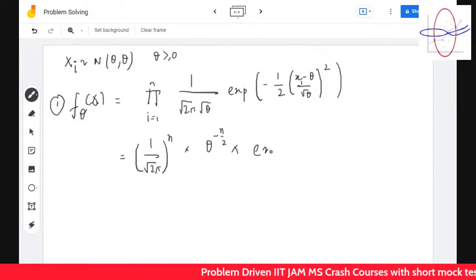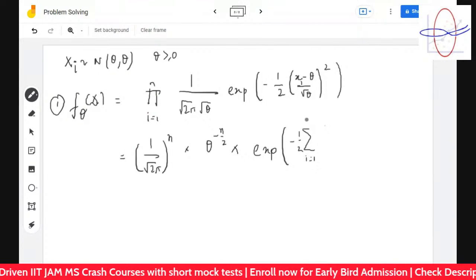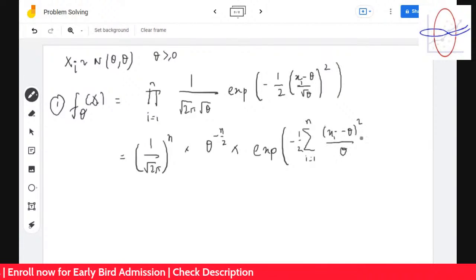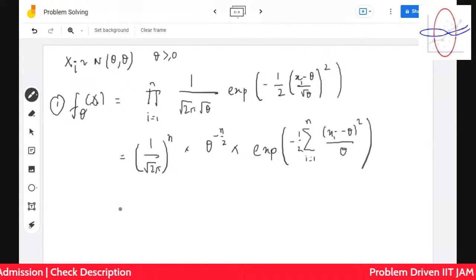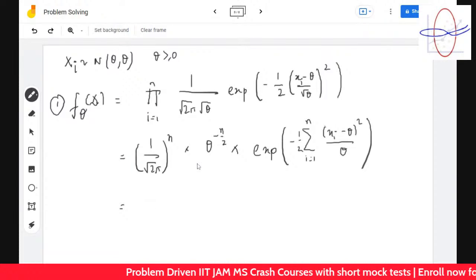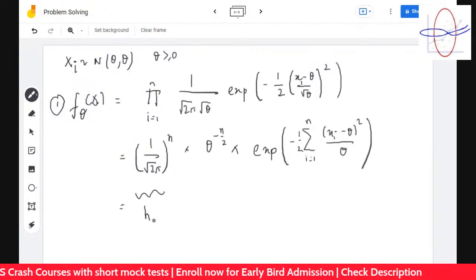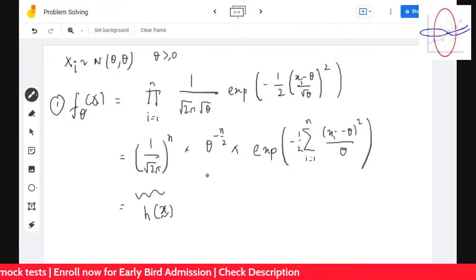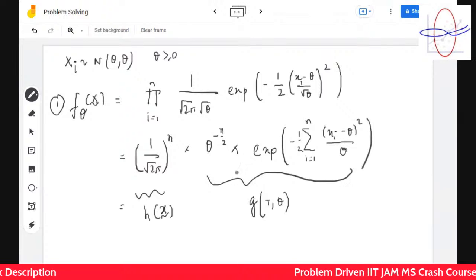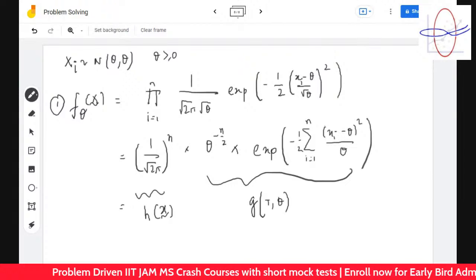So e to the power, exponential of minus half summation of i from 1 to n, (xi minus theta) whole square by theta. Okay, so let's term this as constants. If you remember, this is the part of h(x) and this is the part of g(t, theta). So we have to find a good representation of this. Okay, even if you don't remember exponential family,